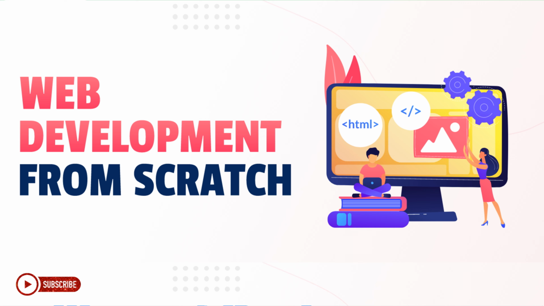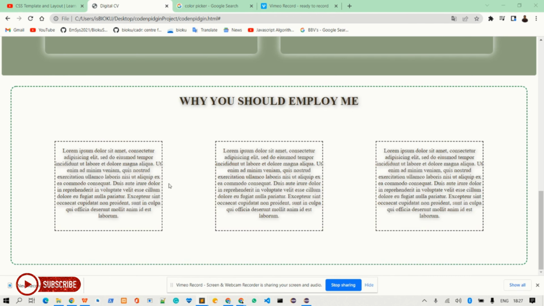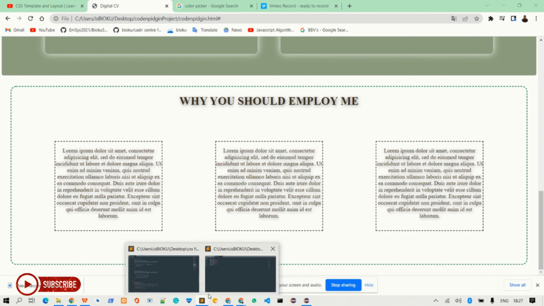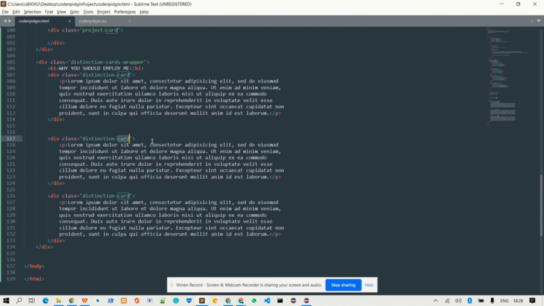The next thing I want to do now is to build this reference slot that is here. You see this reference here, that is what I am going to build now. Now you will see that it is the same pattern we are still following. So I will just go back inside my Sublime Text and say okay, inside my HTML I want